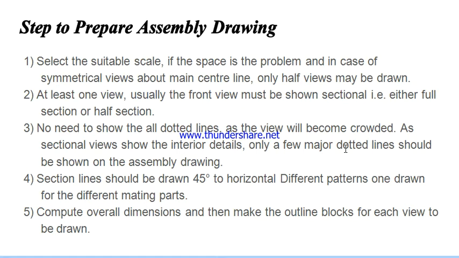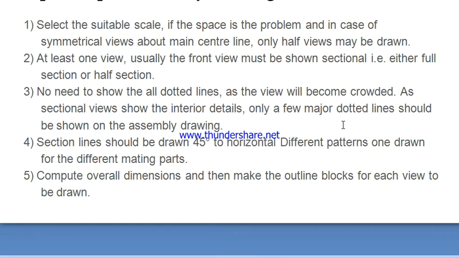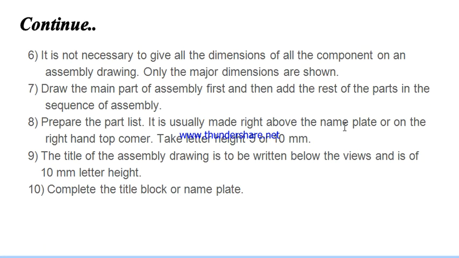Fifth, compute the overall dimensions and then make the outline block for each view to be drawn. Then sixth, it is not necessary to give all the dimensions of all components on the assembly drawing; only the major dimensions are shown. Seventh, draw the main part of the assembly first and then add the rest of the parts in the sequence of assembly. Eighth,